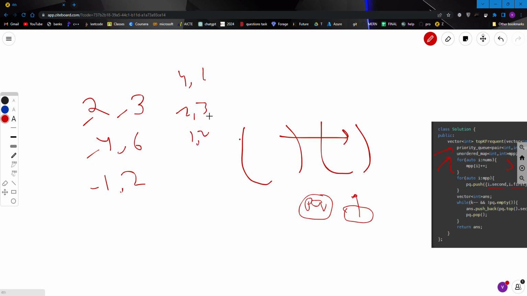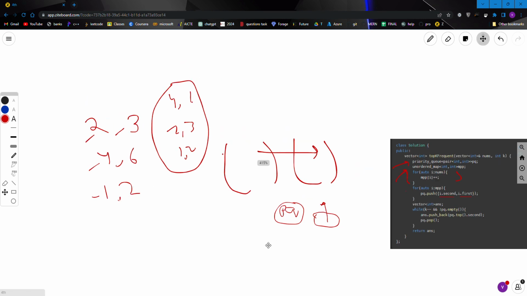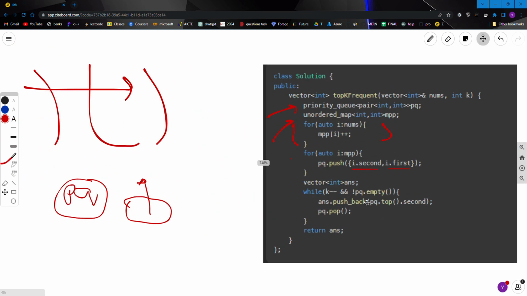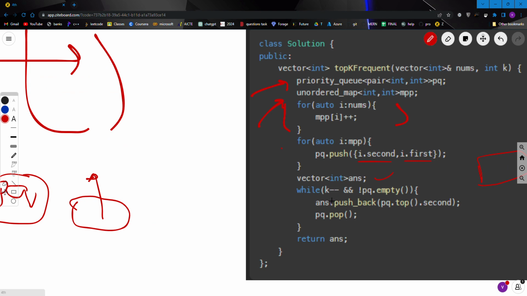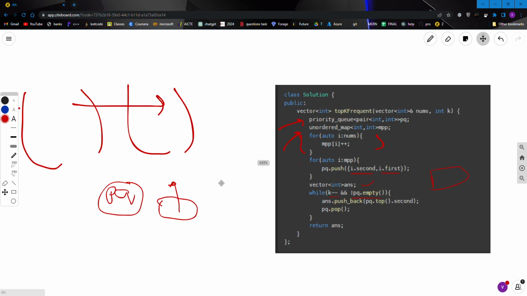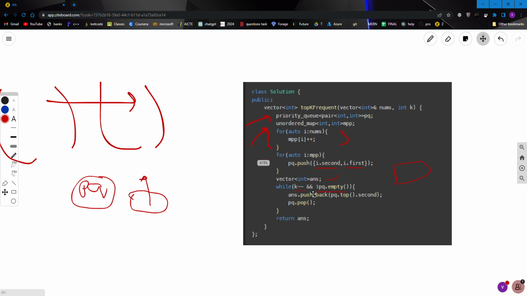So this is going to be the ordering in the priority queue. After I put it into the priority queue, I just have to add it into my answer vector. While k is greater than zero and the priority queue is not empty, because if the priority queue is empty, this means we pushed all the elements. So we have to keep both conditions in mind.